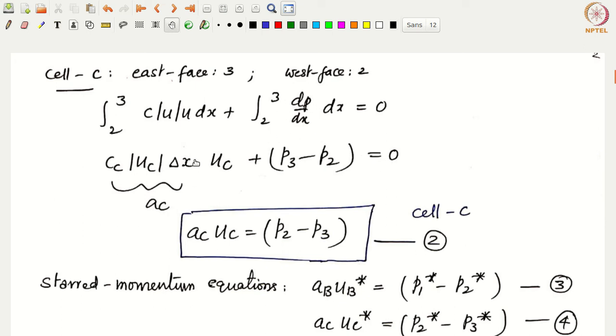Okay, and whatever is multiplying UC, if you take it as a constant, that is basically the coefficient, because we have to linearize the system. This is the linearized source term, and SP is known while we are doing the inner calculations.